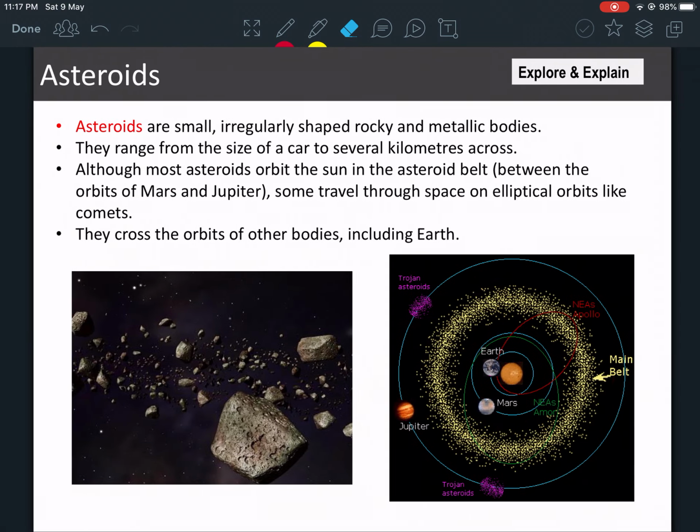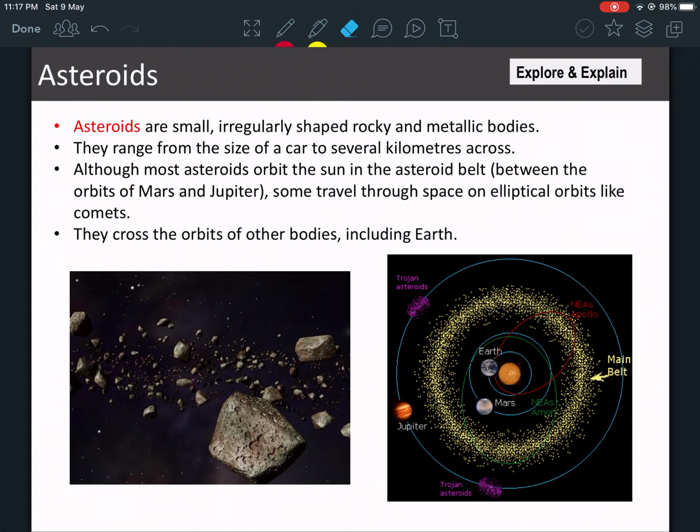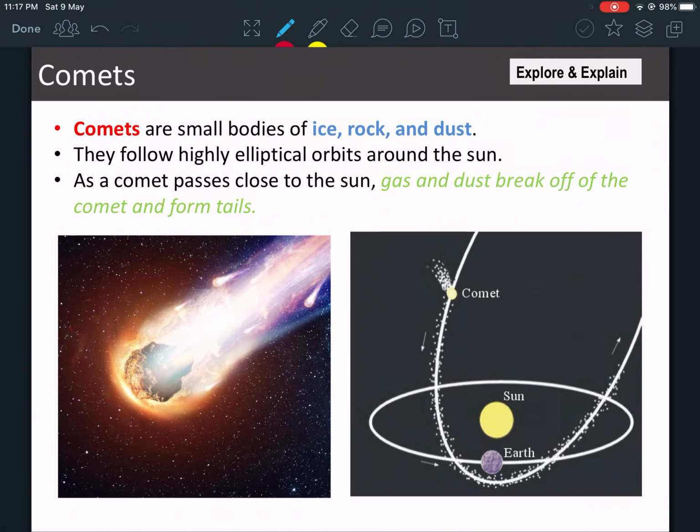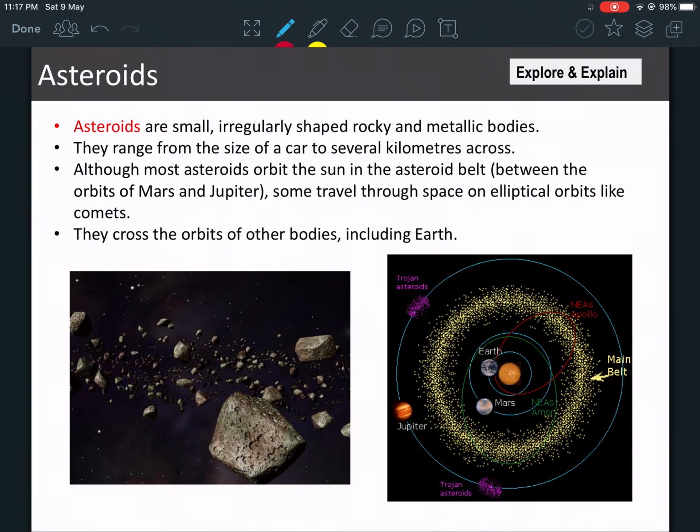So these are comets. Asteroids are small, irregularly shaped, rocky, metallic bodies. So the difference between asteroids and comets is that comets are made of ice, rock, and dust, but there's mainly ice. Asteroids are small, irregularly shaped, rocky, metallic bodies. They don't have a regular shape. They range in size. They can be small, they can be big,